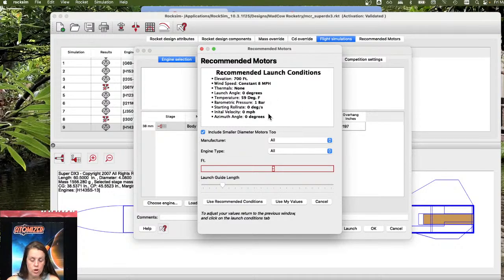Or if you want to use your own values, you put in the wind. If you're launching at a really quiet site wind-wise, you can use your own values. And then you can run this and it will run all the motors. Because this is a 38, this will take a little while, and it will pull a lot of RAM from your computer, because what it does is it runs it first to see which of them